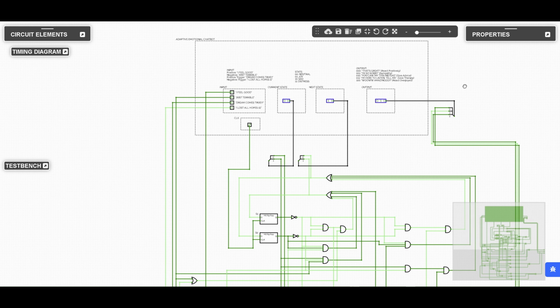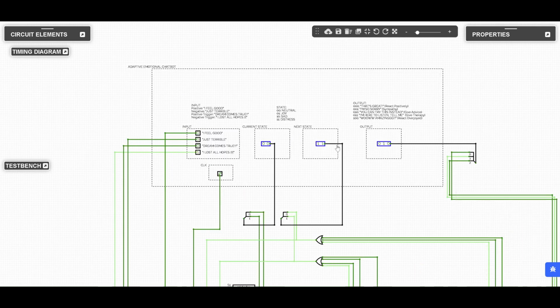So here, this is the part of the product where the user can interact with the prototype. The user will interact with the 4 input buttons by clicking the one that represents their current mood. For example, if they are feeling good, which represents the positive one, they will click here. And the machine will use the logic to transition between the states inside and release the outputs here as the appropriate response for our beloved users.